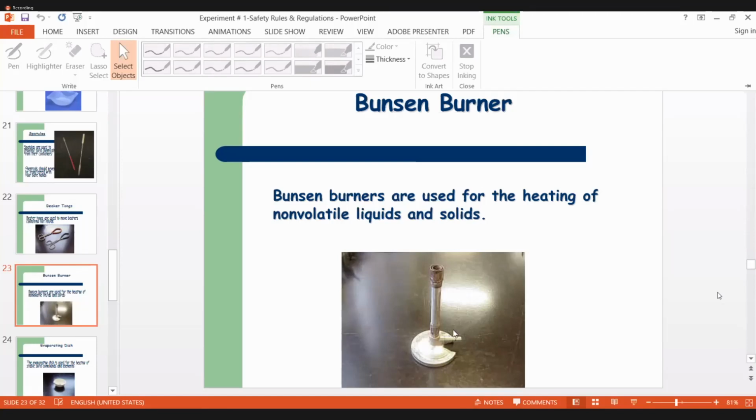And this also contains, look here, there is a hole in the Bunsen burner. You can control the gas from here. If more oxygen is coming, then you have a different type of flame. So there are two types of flame through the Bunsen burner, luminous and non-luminous. This I will explain when I discuss the theory and introduction.